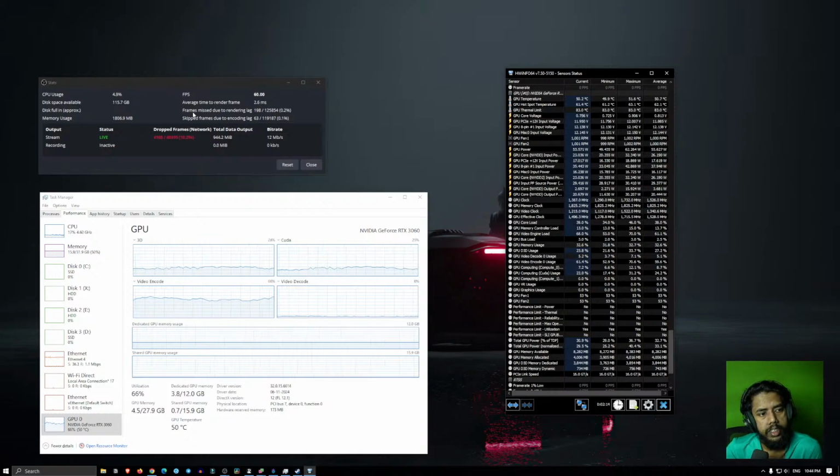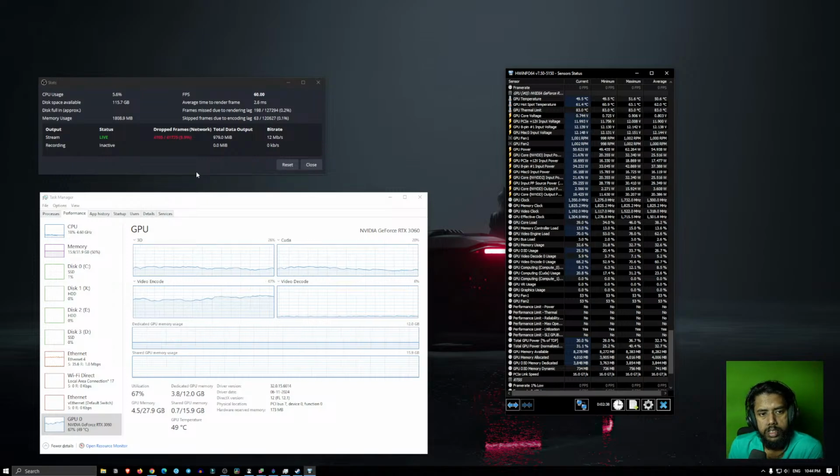But why am I getting frames missed due to rendering lag? Because this happens when the GPU is unable to render a frame or something. So maybe it has something to do with the speed. I don't know.